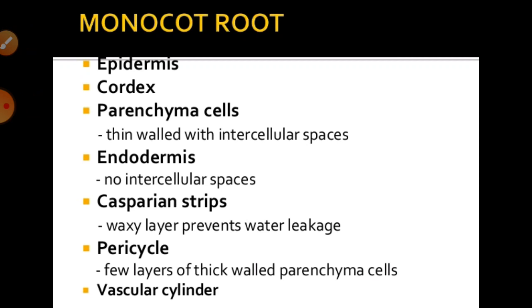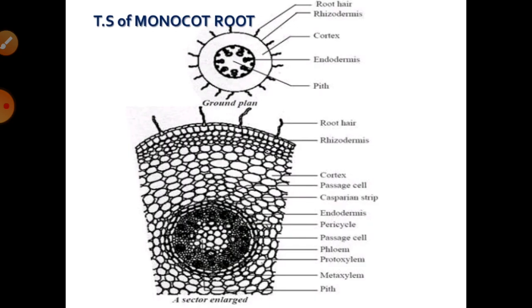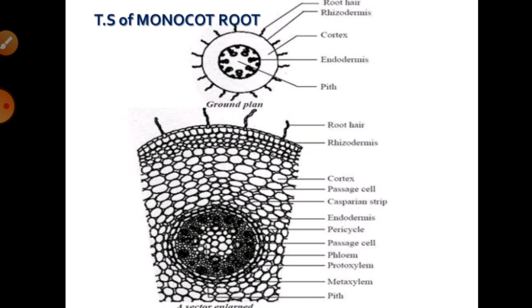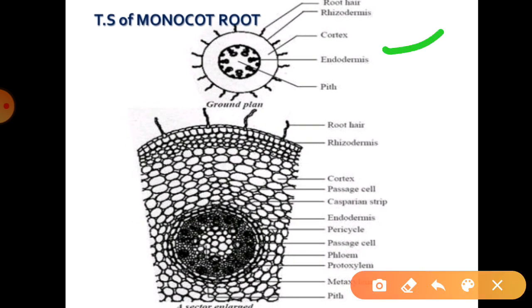Generally, if you see the diagram of this monocot root, you can see such a diagram, a TS of that structure, and this is the complete description of that particular diagram. Especially we can talk about the epidermis, cortex, endodermis, stele, and the different parts of the stele, which can be classified from there up to the pith.